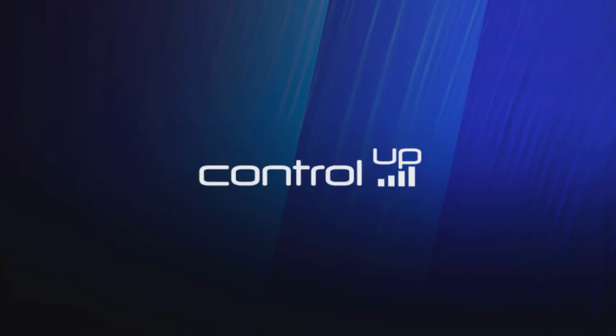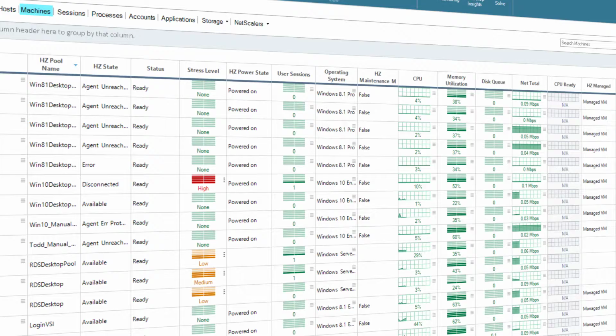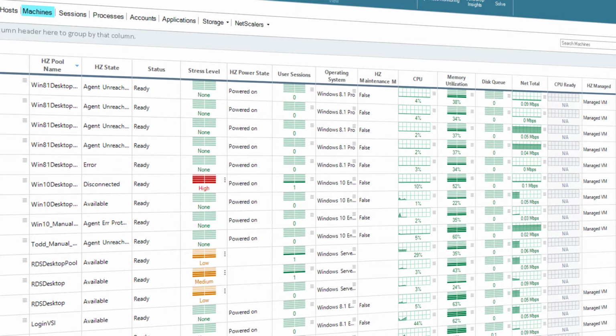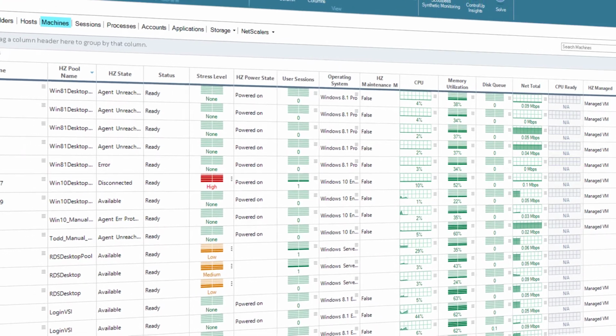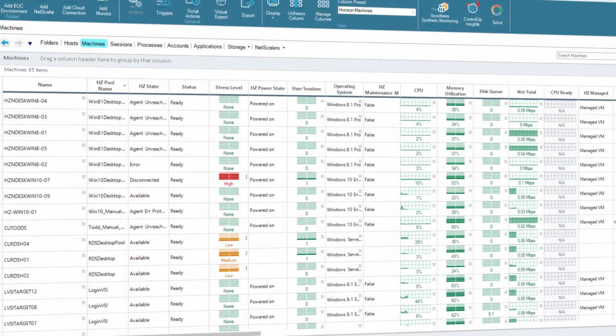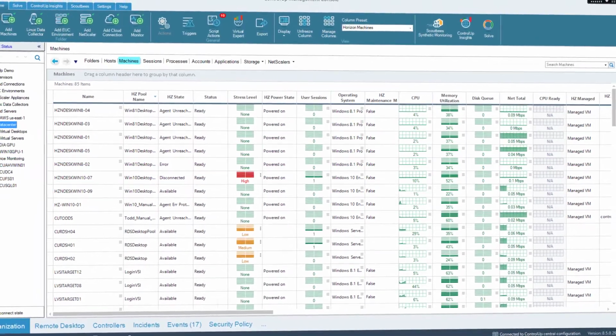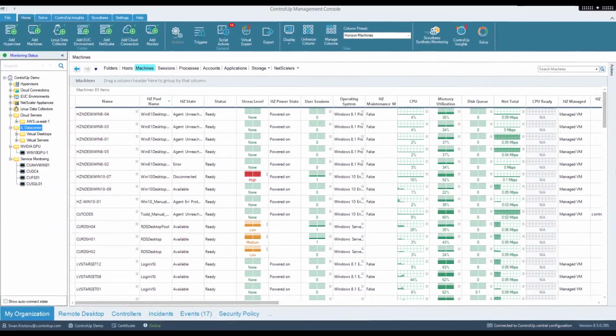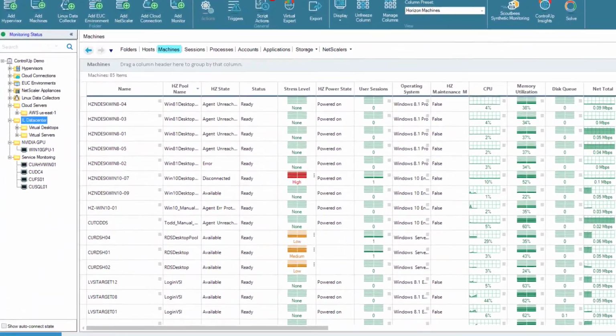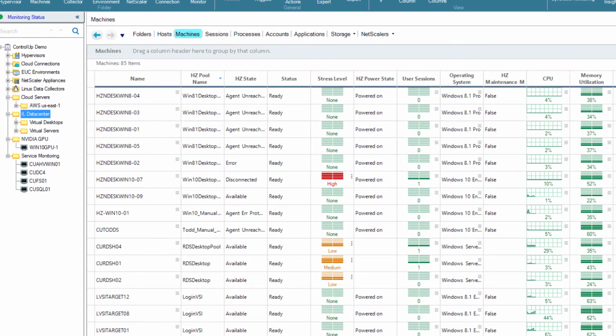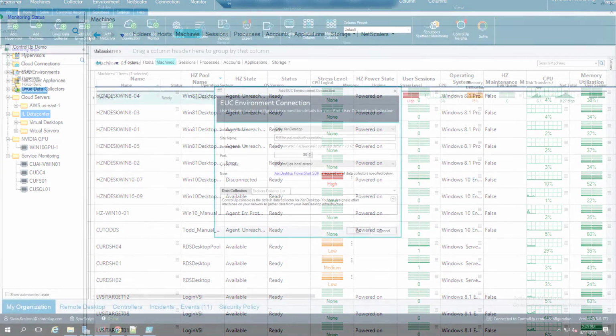Hello, we are happy to announce that it is possible to automatically sync your Horizon organizational folders and machines into ControlUp using PowerShell scripts. These scripts will automatically update the organizational tree as machines and folders are added to your Horizon desktop pools. In order to get started running the sync scripts, we first need to prepare our